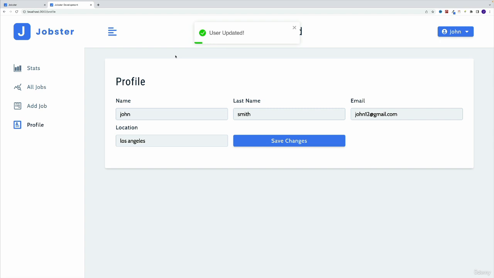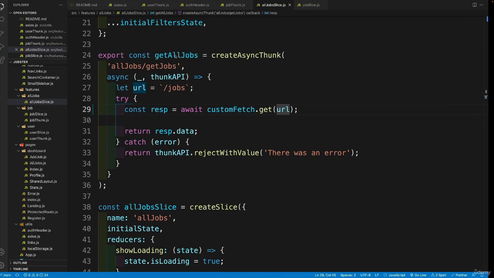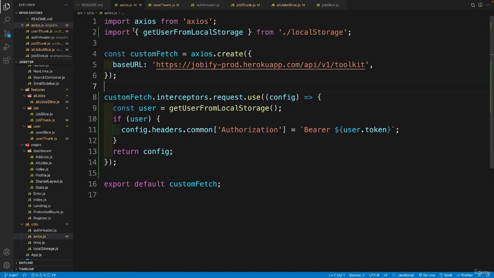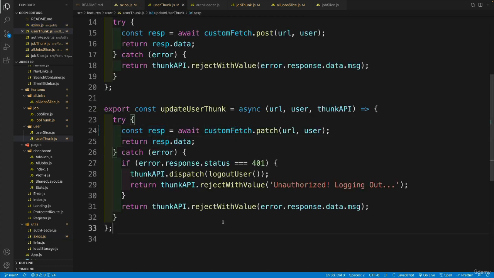And well, that means that our functionality works and we have this authentication header logic only in one place, only in the Axios.js. The last thing that I want to mention in this video is the simple fact that we